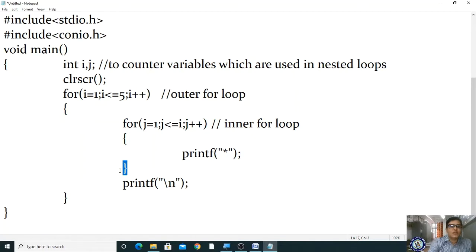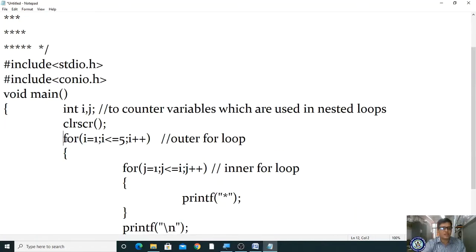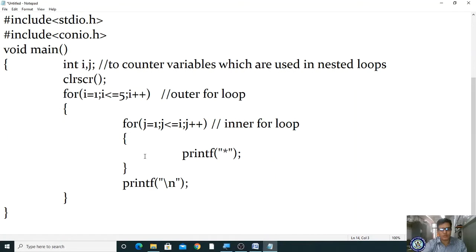Now let me check what information we have to print. We have to print this format. How many rows and columns exist? 5 rows and 5 columns. For that I am directly starting the for loop. I am taking i is equal to 1, i less than or equal to 5. This is the logic I am using. If the condition is true, since i is less than or equal to 5, it will enter the inner for loop. In the inner for loop you assign one more initialization, that is j. The outer for loop always represents rows, and the inner for loop always represents columns.